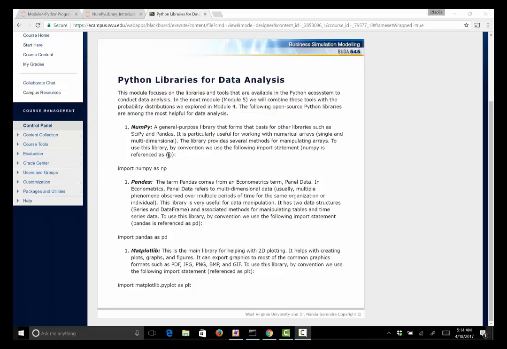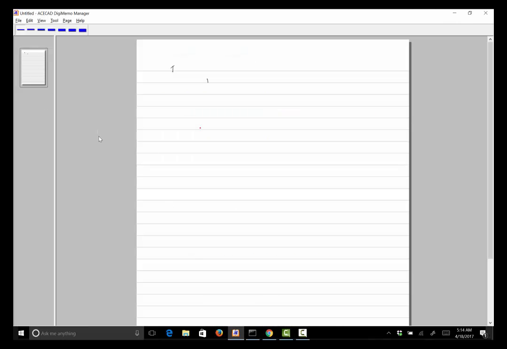The libraries that we will look at are Numpy, Pandas, and then for graphs and plots, matplotlib. I'll introduce this, but more of the focus is on Numpy and Pandas, and I'll just use my whiteboard equivalent here, the notepad, to give an overview of Numpy versus Pandas. So Numpy